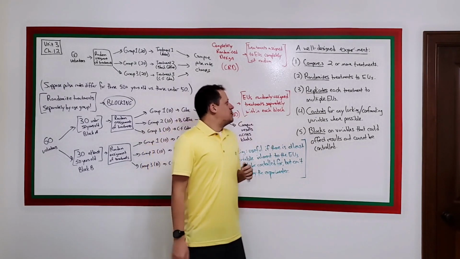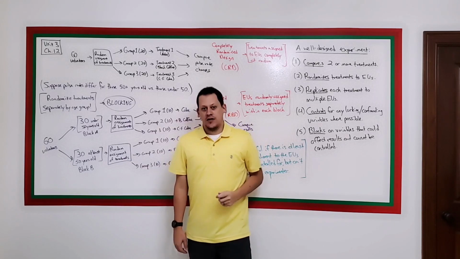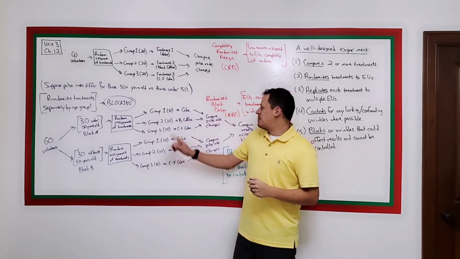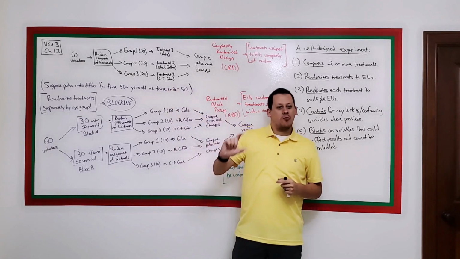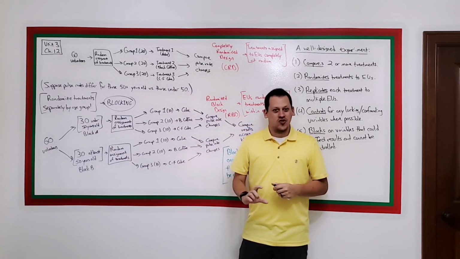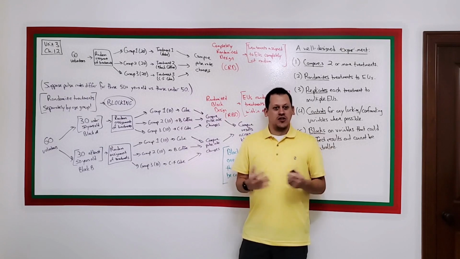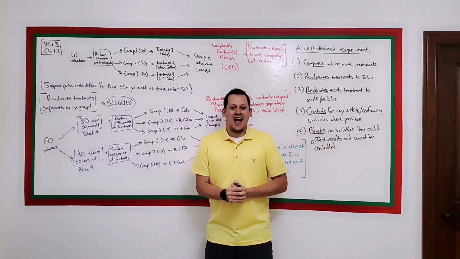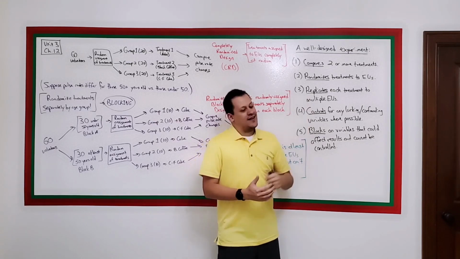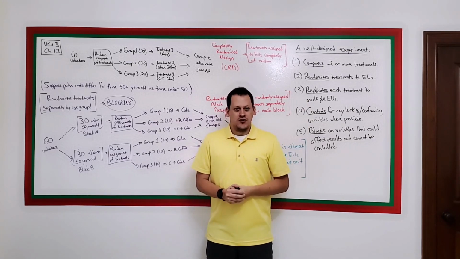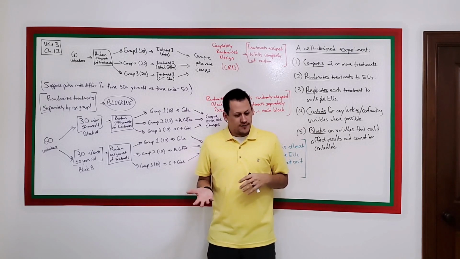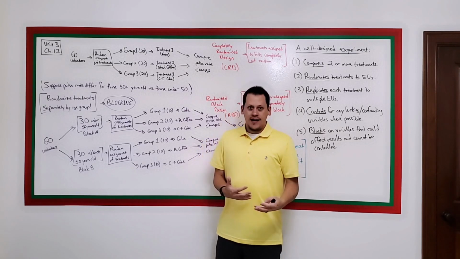Third, a well-designed experiment replicates each treatment to multiple experimental units. Remember we talked about the experiment version where we only had one person getting each drink, and the yoga master was really calm even though they downed a Coke, and you don't want that to happen. By replicating each treatment to multiple experimental units, you are reducing the likelihood of something weird happening. The more you can get, the better.